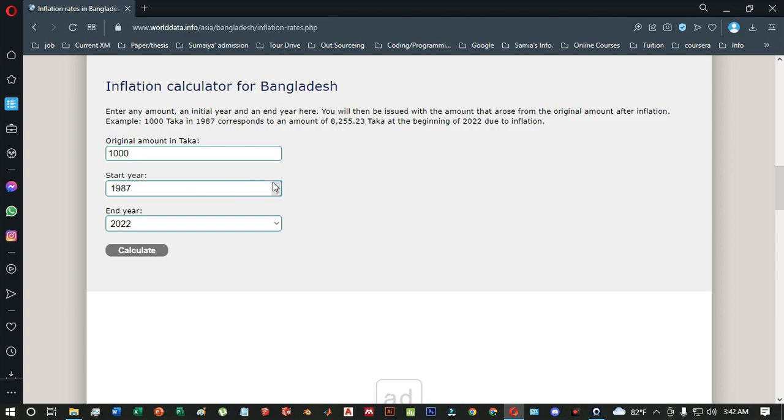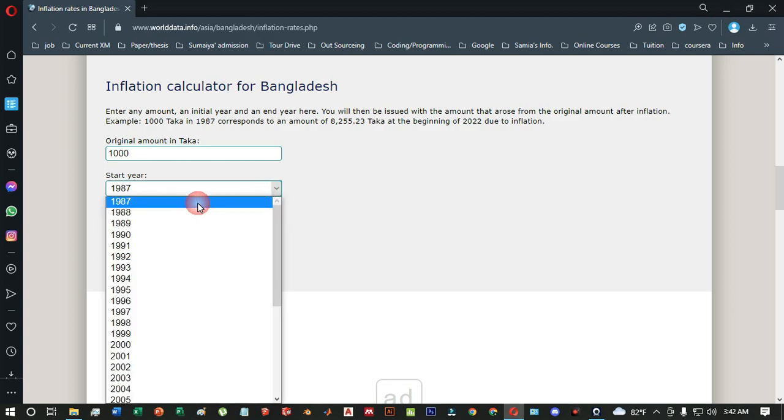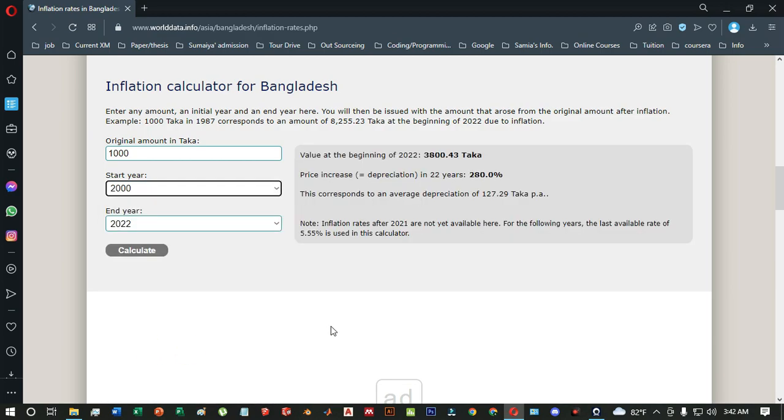So what does it mean? And the original amount in taka. If you select 2000 and the end year is 2022, and you input any amount here, like I inputted 1000,